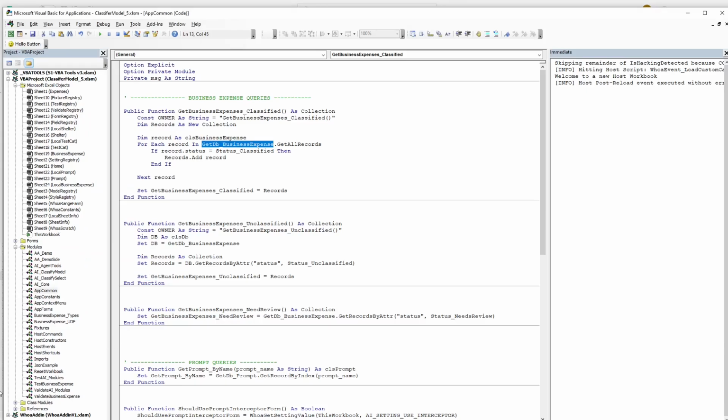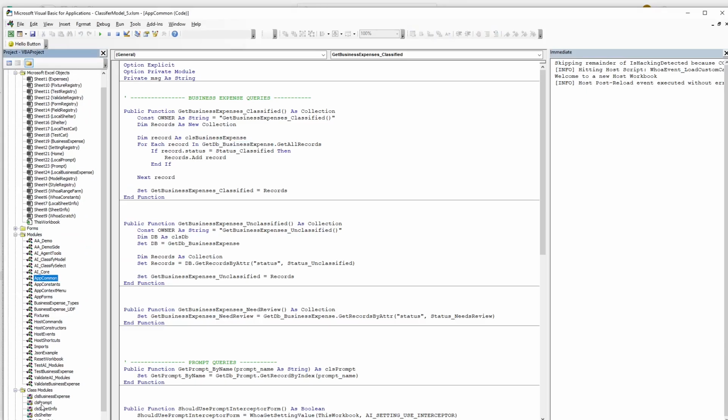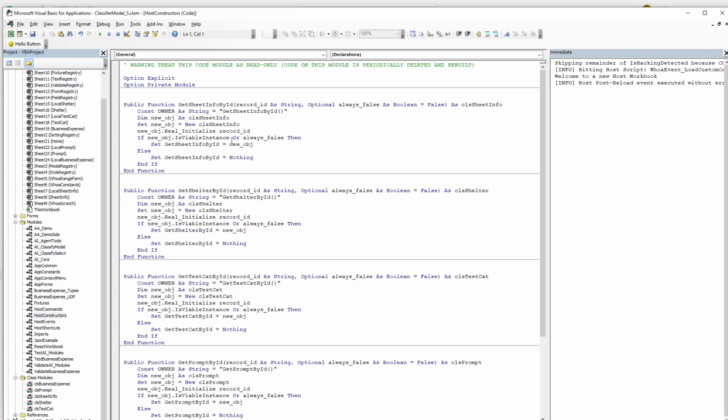But it rebuilds all of these class modules for you. It rebuilds each class module for your models, and it also rebuilds this host constructors file. I opened up this workbook to make this conclusion video, and it's been a minute since I worked on it. So what I'm going to try right now is manually hit the reconstitute